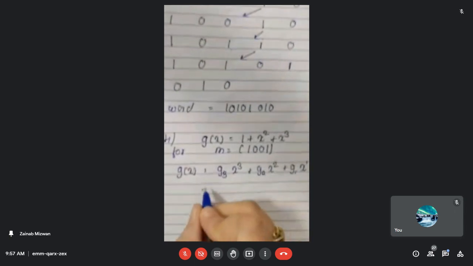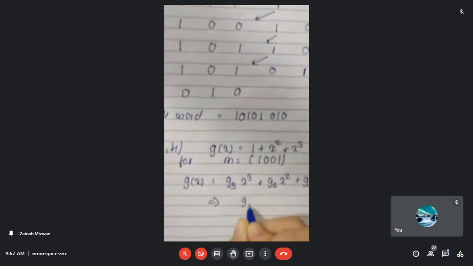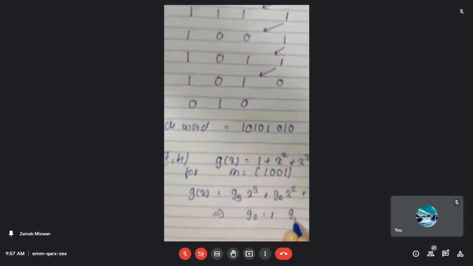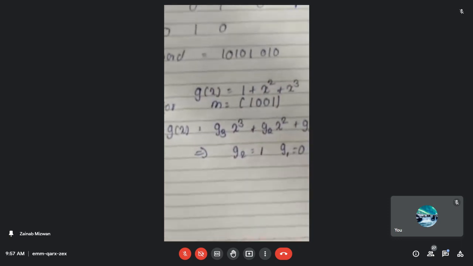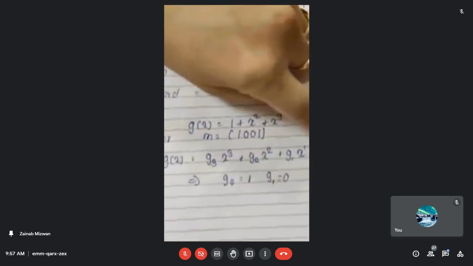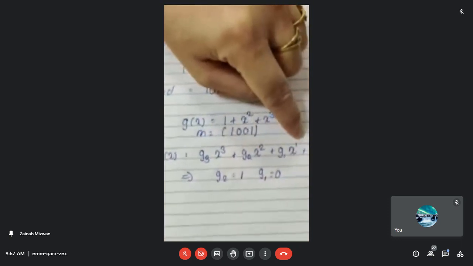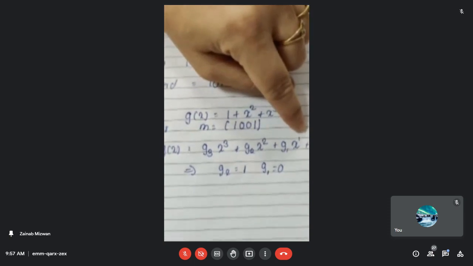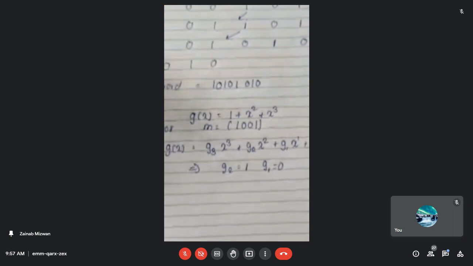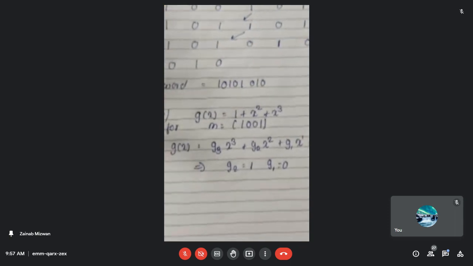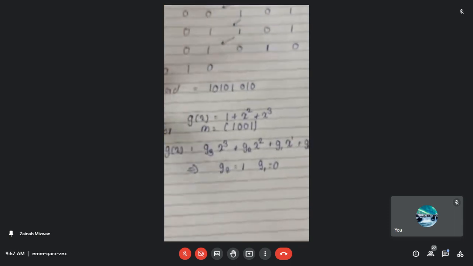Now what is present over here, comparing, we can find out the value of g2 is 1, but now here g1 value is turning out to be 0. So how many values are we having? The 3. So as the 3 coefficients are present in the generator polynomial, we will be needing the 2 gates. And how many flip-flops, shift registers? We will be needing the 3 shift registers. Okay. So all of you can solve it. Draw the encoder. Come on.